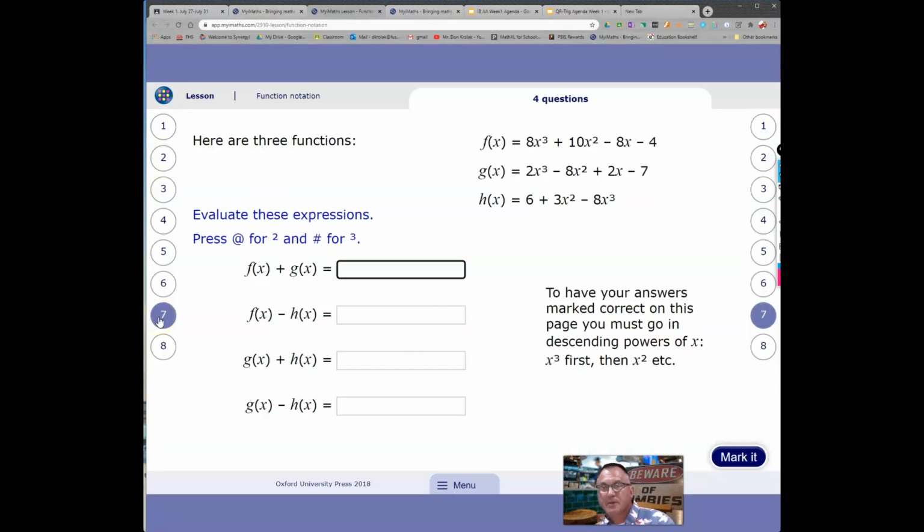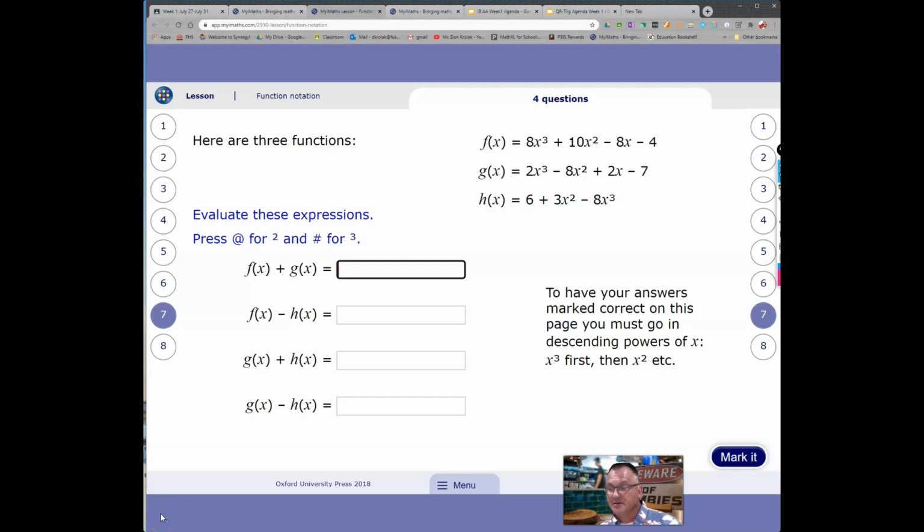So on this next page, you're doing the exact same thing. You're combining like terms, or you're subtracting like terms. When you have to put a square, you're going to use the at symbol. When you want to put in a cubic, use the smash symbol on your keyboard in order to make the exponent a 3. So I'm going to pause this, go ahead and work through these, and we'll come back and